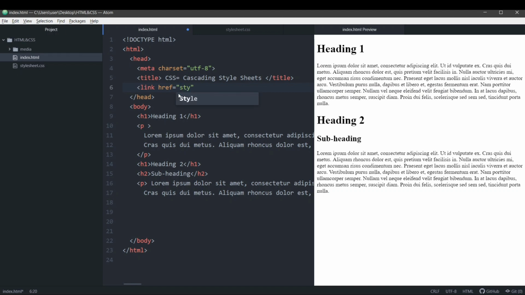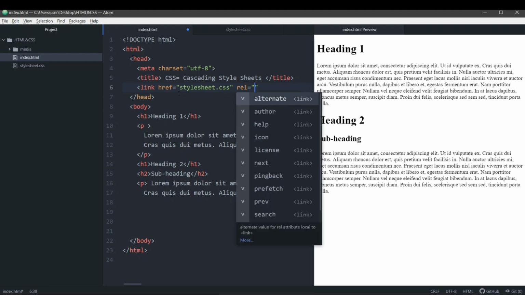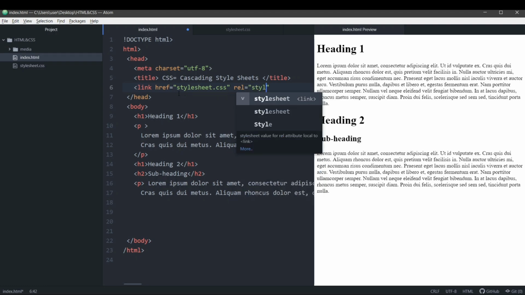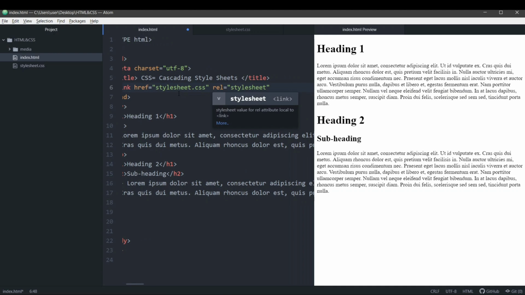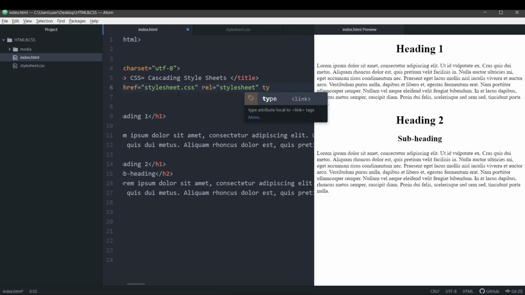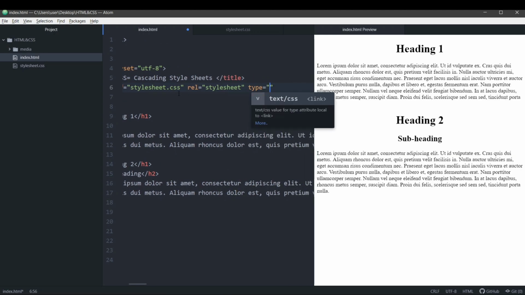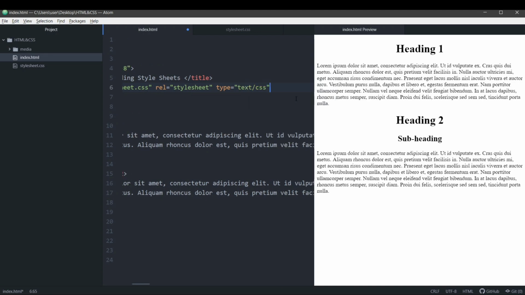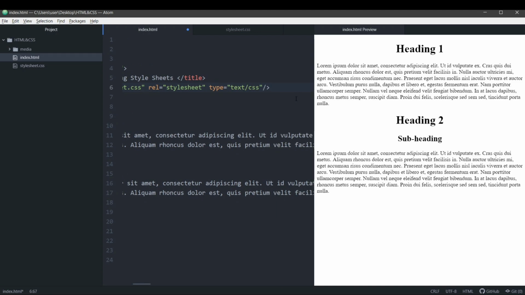So we'll just write the name of the file. Then we'll use an attribute called rel, and inside this we'll write stylesheet. Okay, and then we'll use another attribute, the type attribute, and here we'll give it text/css. You can see this option, text/css, and we'll close off this link tag.